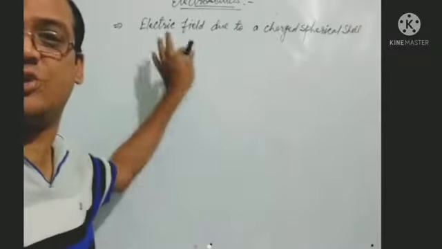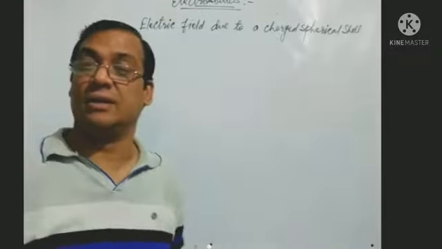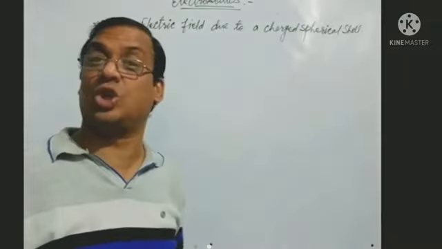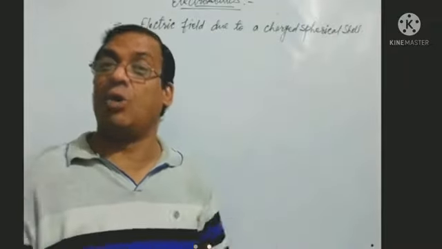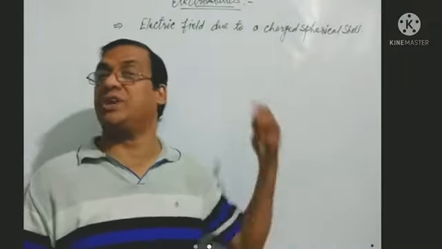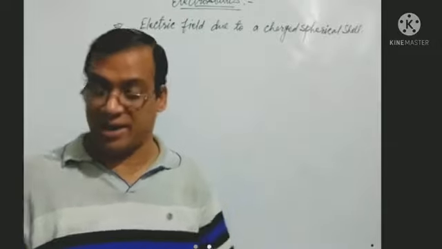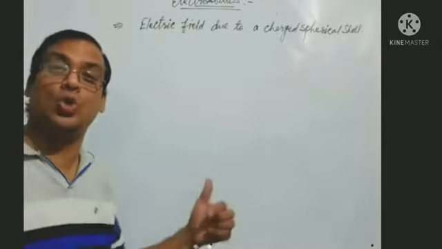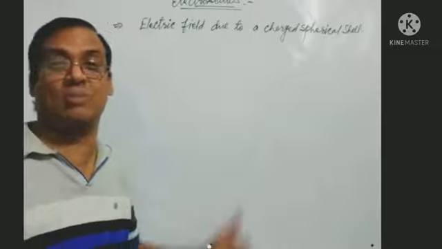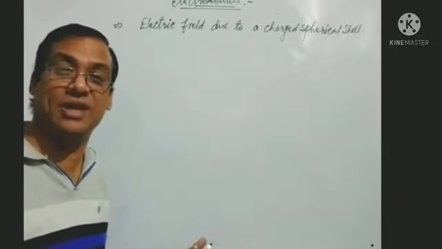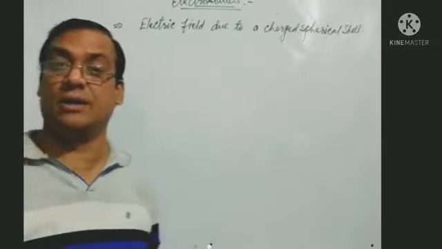Students, this is actually the heading, but this is an application of Gauss theorem. Without application of Gauss theorem, we cannot derive this. But if we use application of Gauss theorem, then we'll have to derive the same, where we have to consider